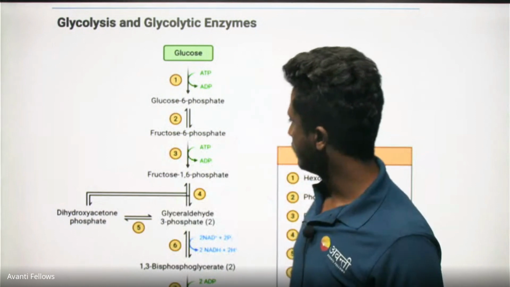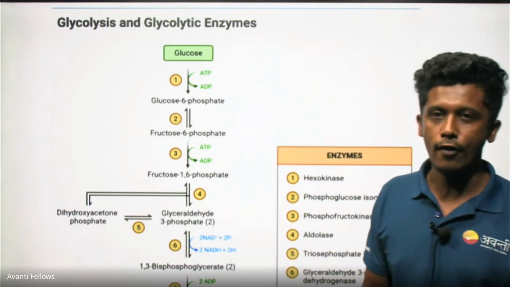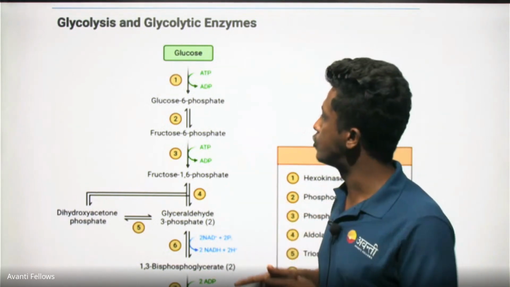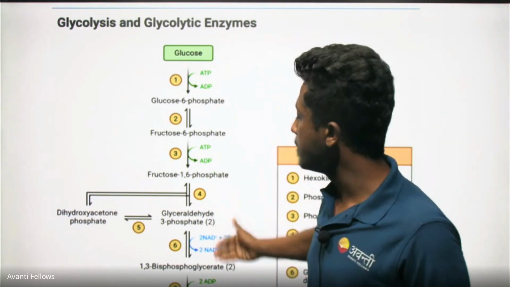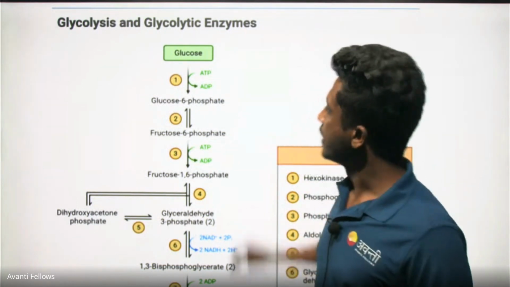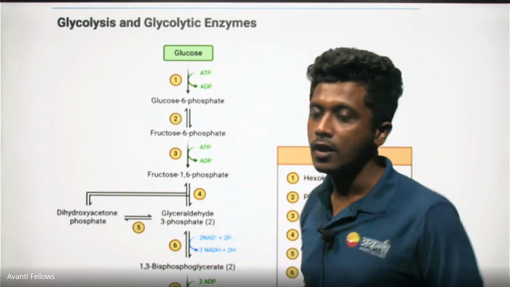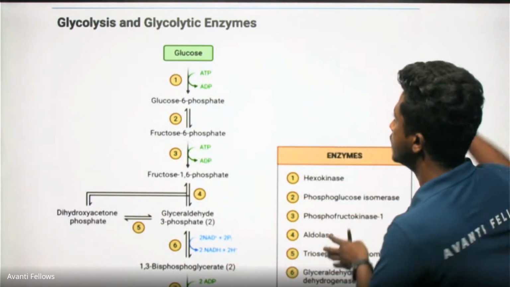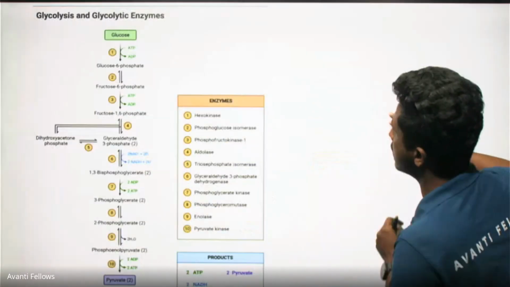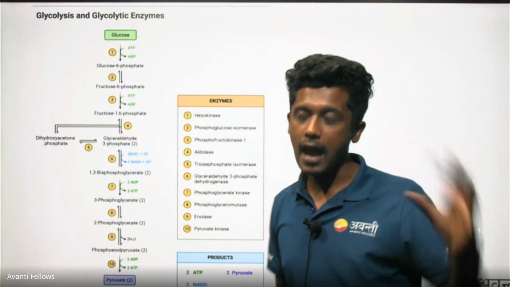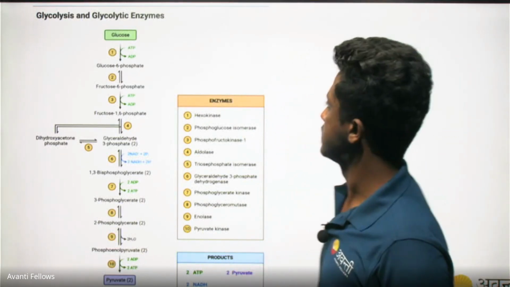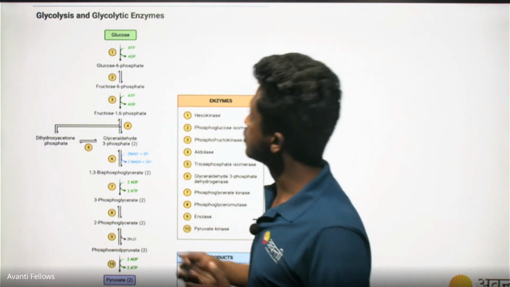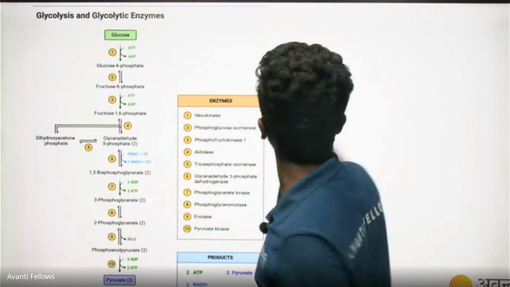And for that, they take the help of complex varieties of enzymes that participate in a series of chemical reactions, thereby helping the glucose break down without spending much energy. So these enzymes are very, very important for us. Understood? So let us summarize the process of glycolysis stepwise. So if I look at it, plants store their energy in the form of starch.